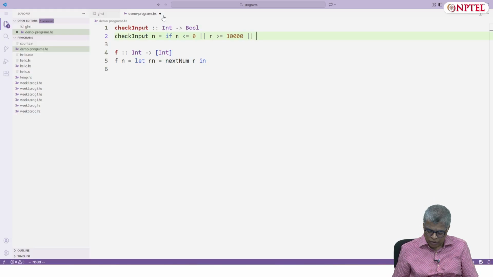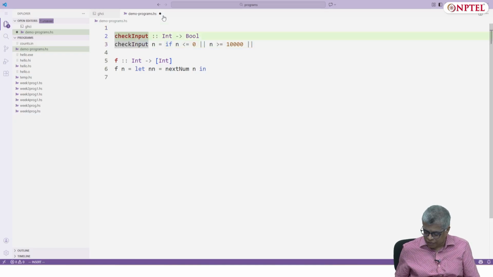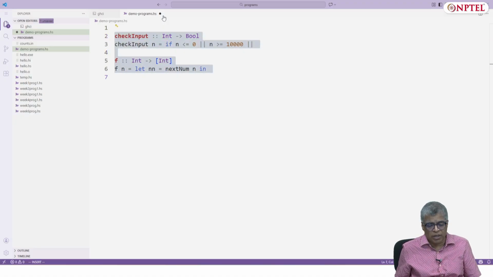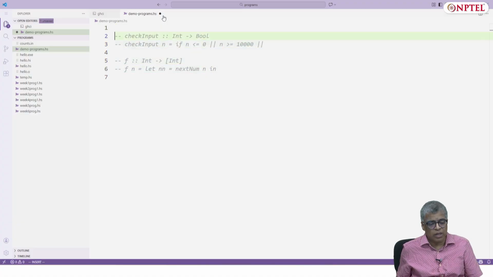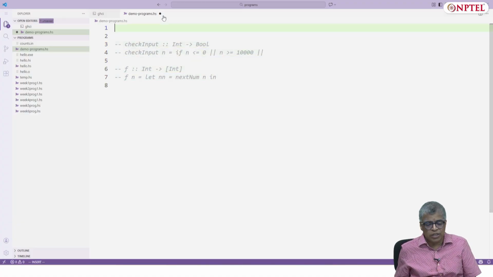So let's see how to extract the digits. This is one function built on top of another function, so as we require more functions, we are trying to generate them. Let me comment this out for the moment, and let's go to extracting the digits from a number.